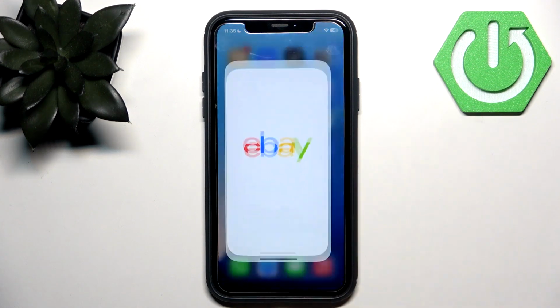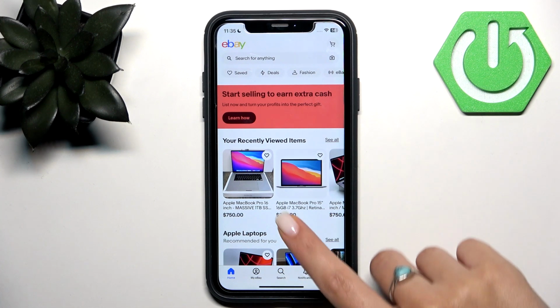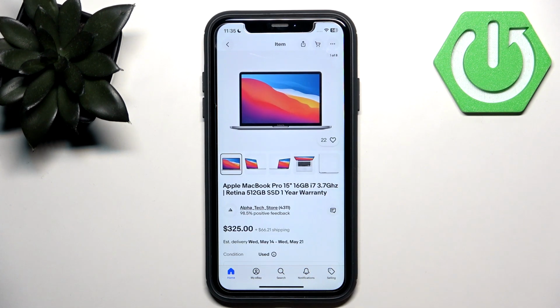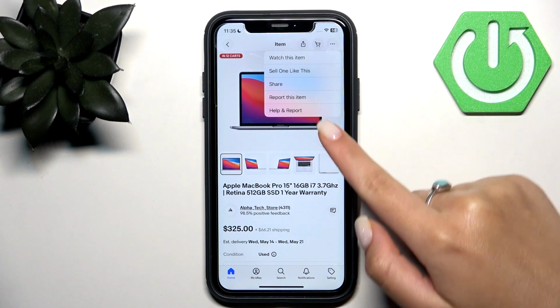So firstly, open the eBay application on your device and then search for the item or listing that you think might be a scam. For example, I'm interested in this item, so tap on the listing to open the details, and here in the upper right corner of your screen tap these three dots, and from this